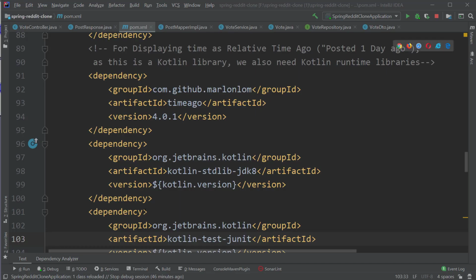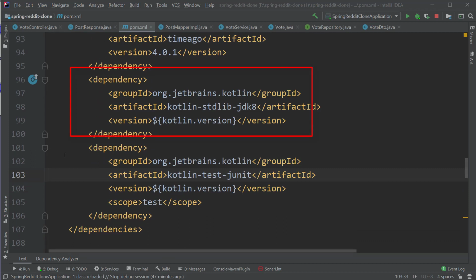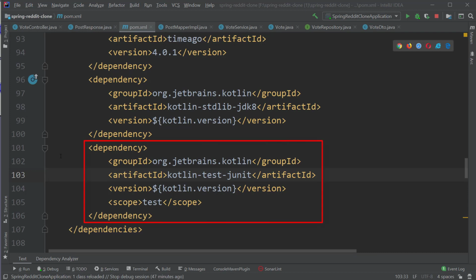So let's go back to our project. I can quickly show you the dependency information of this time_ago library inside the POM XML file. Here we have this dependency followed by the Kotlin standard libraries, because this is a Kotlin-based library, and we also need to add these dependencies to our project. The first one is the Kotlin standard library for JDK8 and the Kotlin test JUnit dependency. And for the Kotlin standard library JDK8 to work with our project, we also need to add a Maven plugin